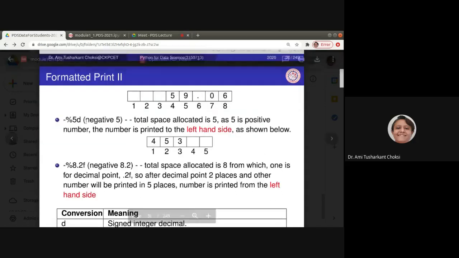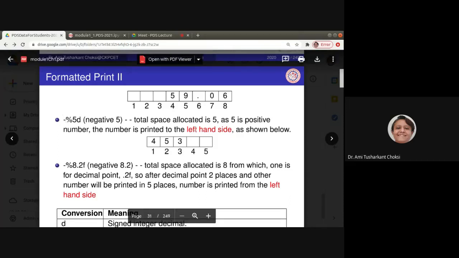Let me show you with the negative, that is the negative %-5d. So what is that? Total space allocated is 5. 1, 2, 3, 4, 5. Then after, the number is printed to the left hand side because it is negative, right? Because it is negative.